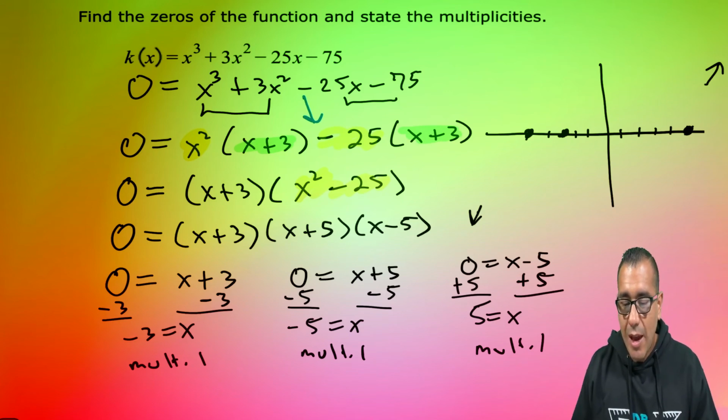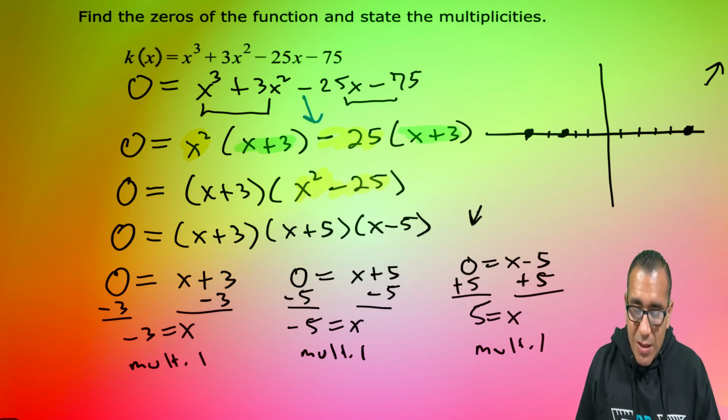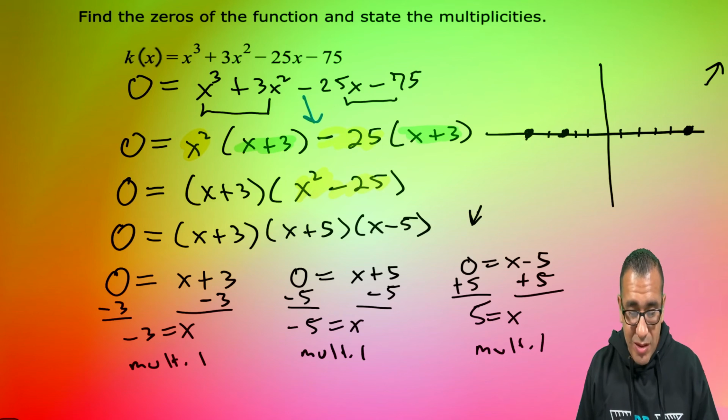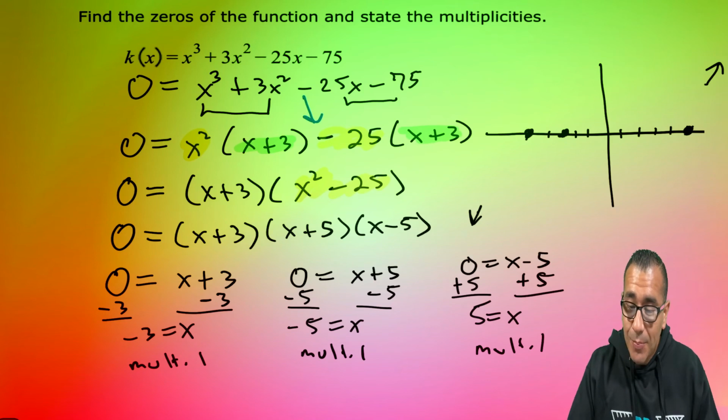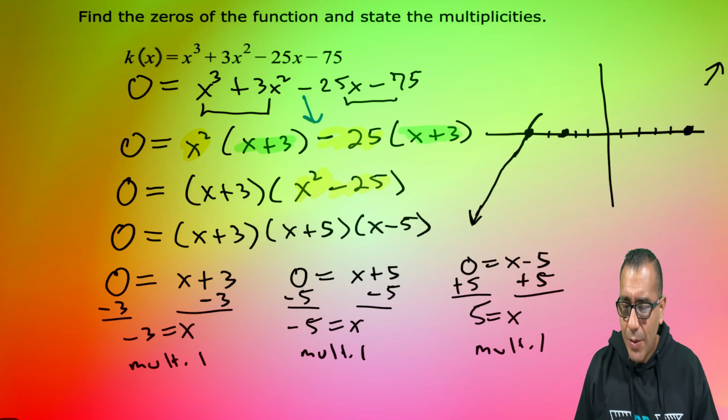But right now we're just going to help you really see what this multiplicity does. So because I'm at negative 5 right now, the first 0, it has a multiplicity of 1. And because it's odd, what I know is going to happen is my graph, when it's coming to touch it, has two options. It's either going to touch it and go through, or it's going to touch it and bounce back. Because it's odd, I know it's going to go through. So there's the first piece of my graph. And right now, we don't care about how high it goes, right? That's a different topic. So it's going to go up,